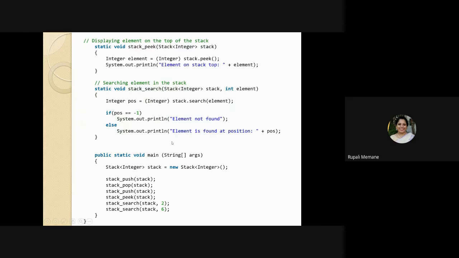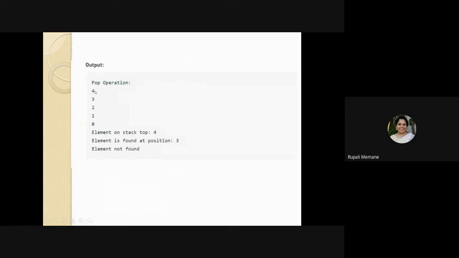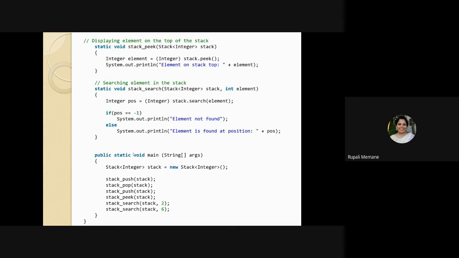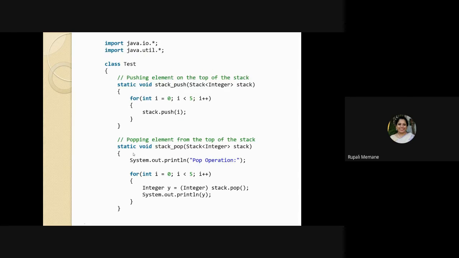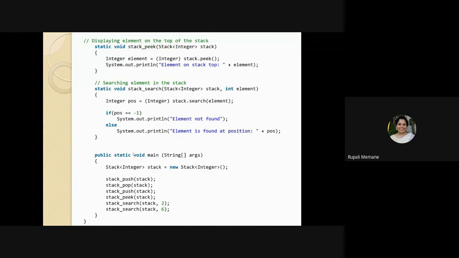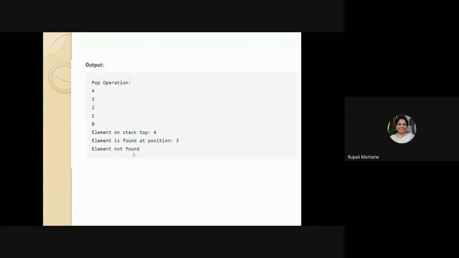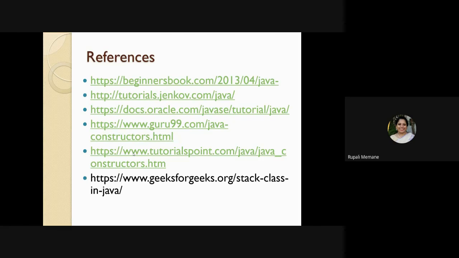And the second element they are trying to find out is 6. So it checks for the element 6. It checks here, position is still negative, checks here, position still negative, negative, negative, negative. So position is still -1. So that means the element is not found in the stack. Clear with this? So I have tried to find out 2, and then I have tried to find out 6. So this is the program where you import the packages, create push, pop, create the peek elements, and then you are going to find out. Fine. This is a very small collection class which you are going to use for stacks, and this is the example of that. Fine. So we complete here.